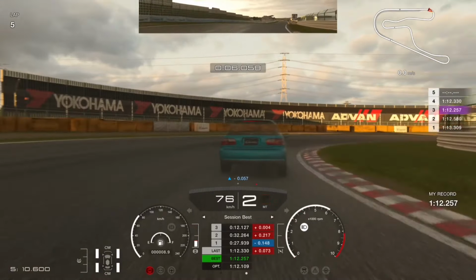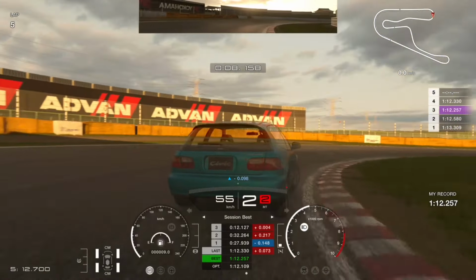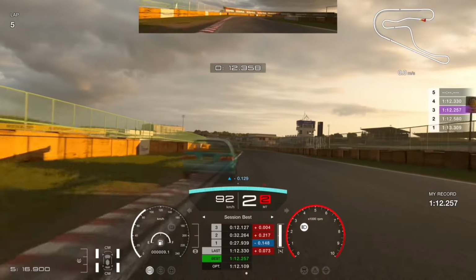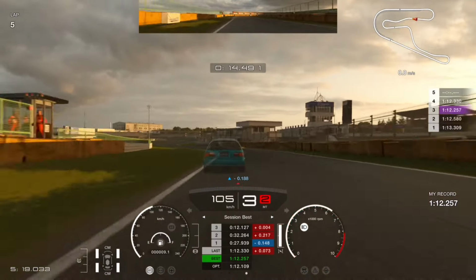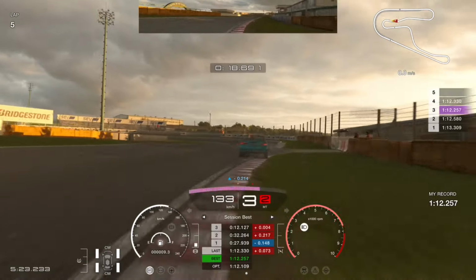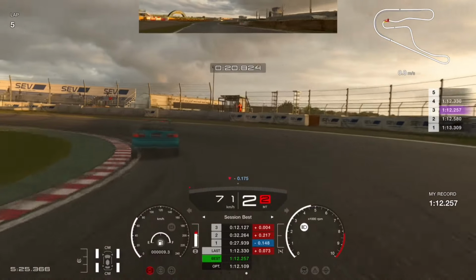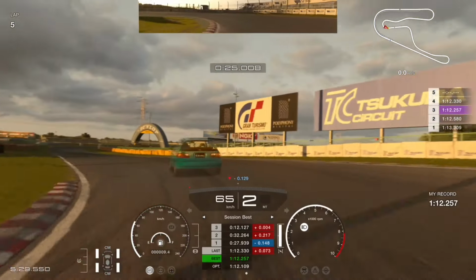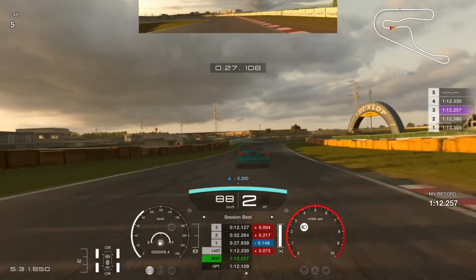bringing the car towards the inside, and you're coming over a slight hill coming into turn 1, so it's important to just go across the track towards the apex. If you are running too deep, it's tricky to get the car back towards the inside. And once again, I try to make the car rotate towards the inside, use that camber on the inside,